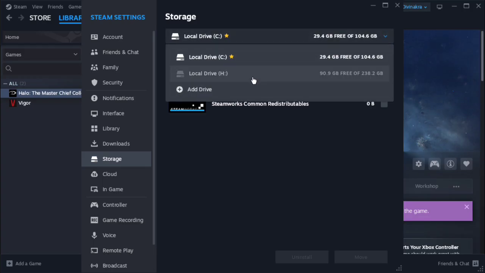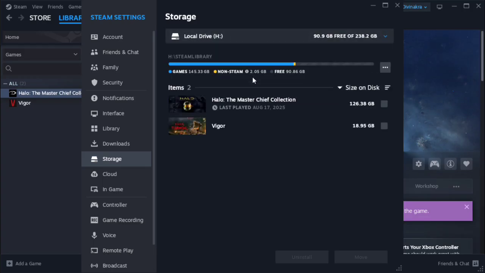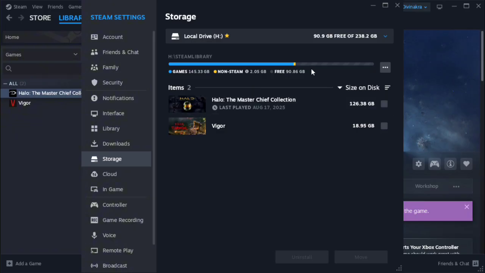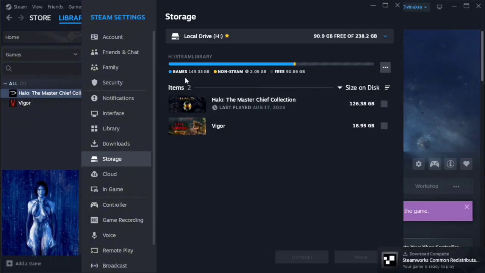And then you just click on it on the list. Now local drive H, you click on the 3 dots next to it and you press make default. So now local drive H is your default storage. Since I already have the whole Master Chief Collection downloaded, you'll see now it's showing on here,